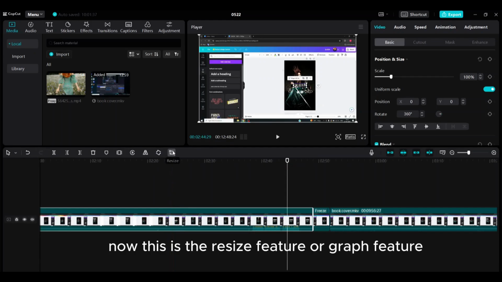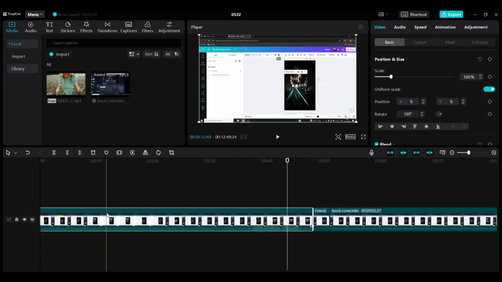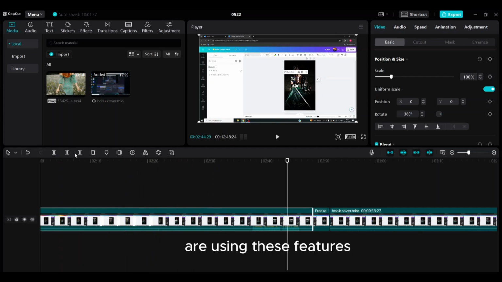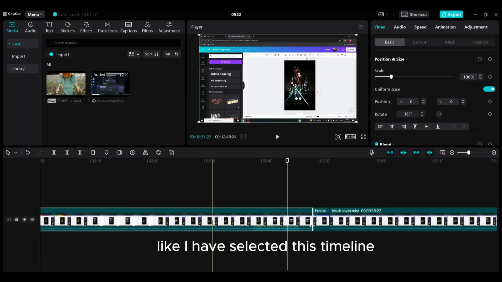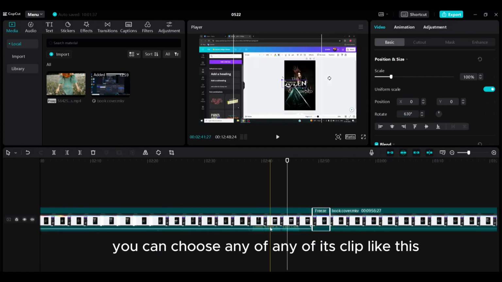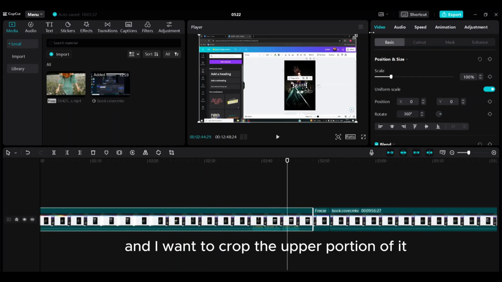Now this is the resize feature or crop feature. You have to select the timeline for which you are using these features. Like I have selected this timeline. You can choose any of its kind, like this. I am choosing this one, and I want to crop the upper portion of it.